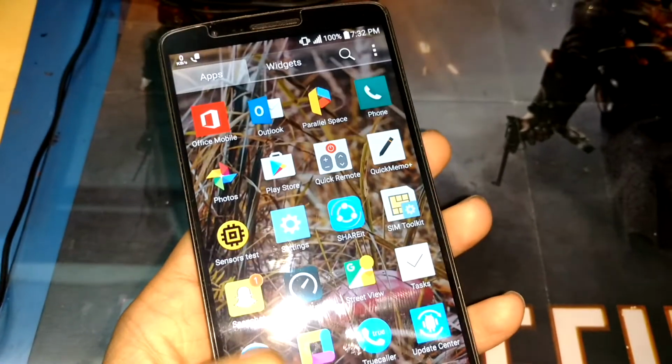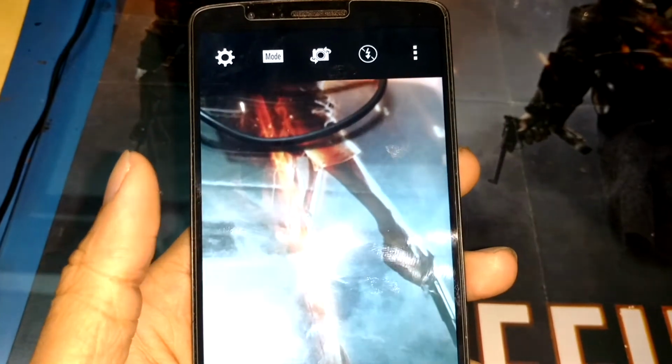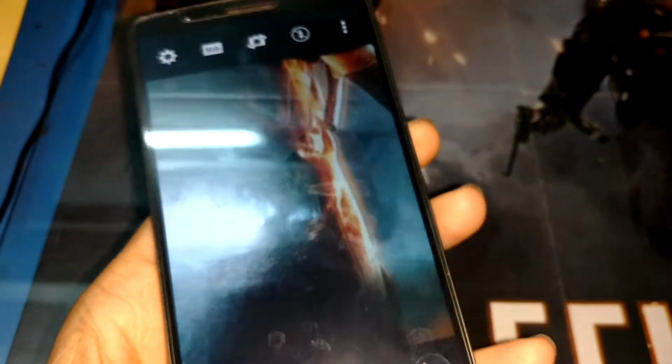Now, talking about the camera, I have noticed that there is a flare on the lens. I'm not sure if I can show it to you over here, but there is a flare when it points at bright light. From what I understood, there was flaring on the lens. Now, if I could show a photo over here,